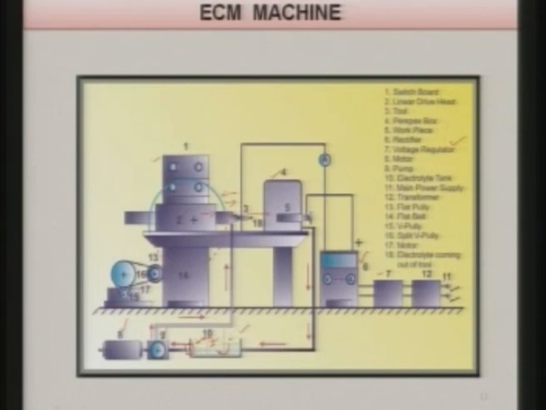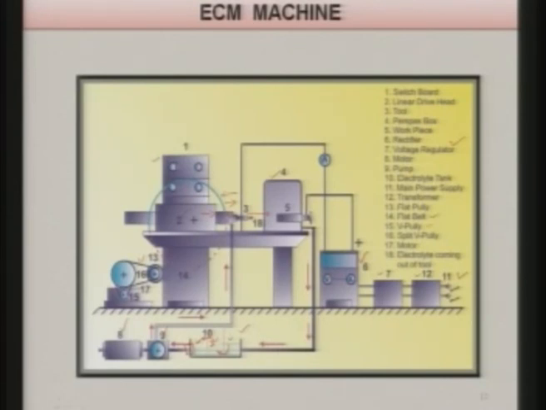11 is the main power supply over here, and 12 is the transformer, because normal supply in India is around 220 volts, and we need 5 to 30 volts in ECM. So, this step down transformer is to be used as 12, and then there is the flat pulley 13 over here. This is used for moving this, and then with the help of this you can rotate further or move the tool linearly. Then there is a flat belt 14, that is over here,